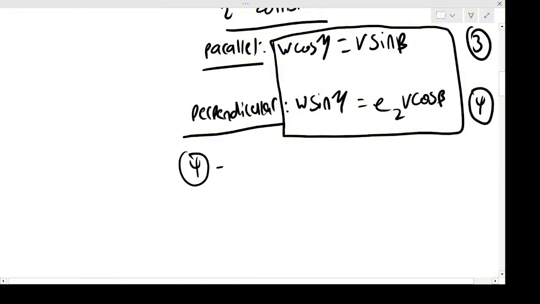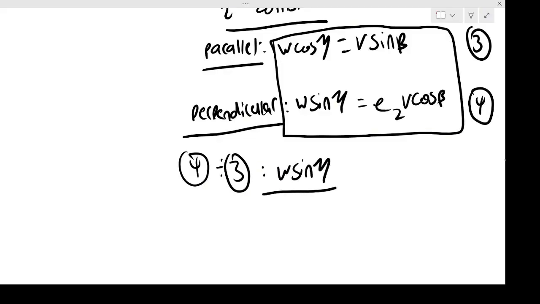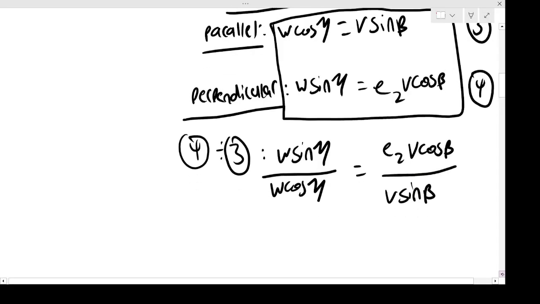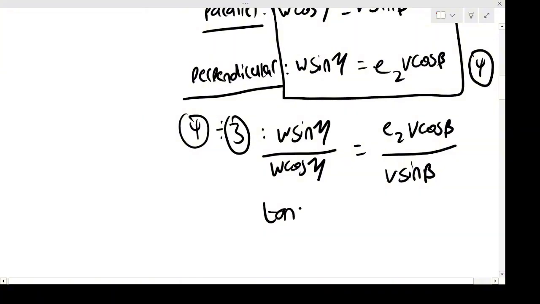If I divide 4 by 3, the bottom one divided by the top one, that's going to be W sine gamma over W cos gamma, equal to E2 V cos beta over V sine beta. So this will simplify to tan gamma is going to be E2. The V's will cancel. Then we're going to get cos